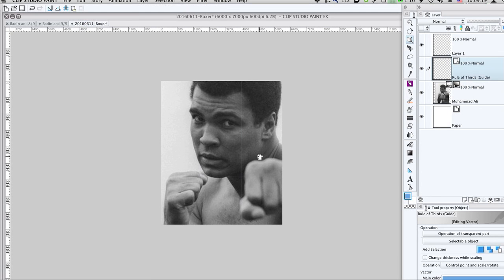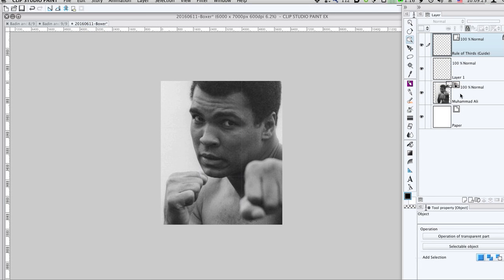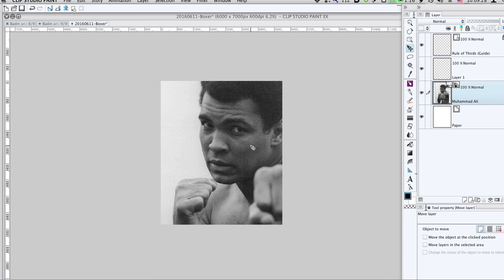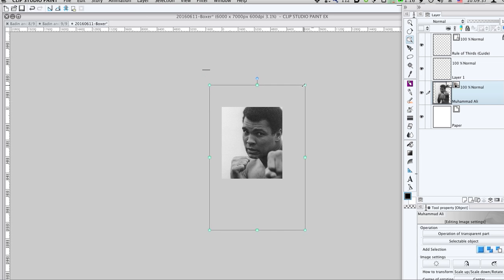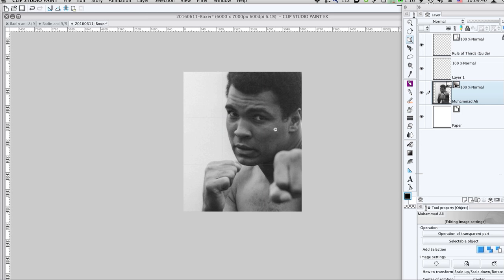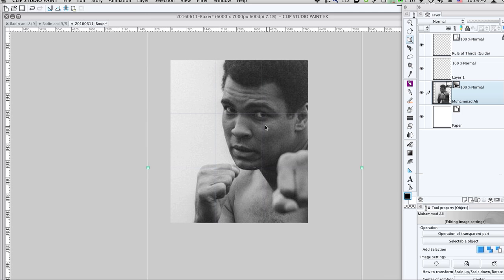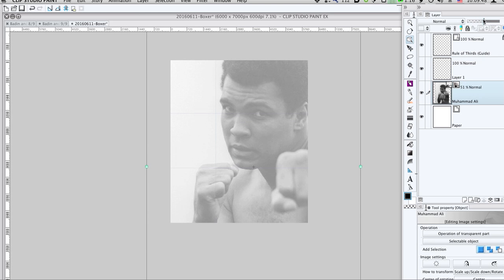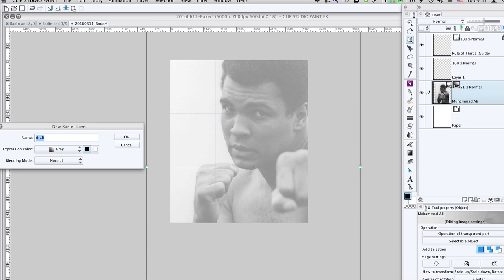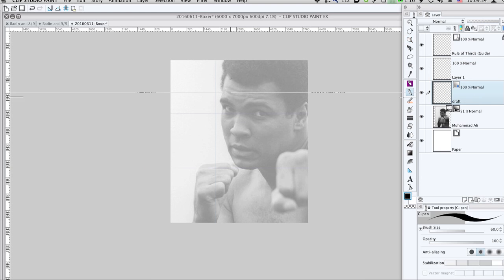So this is a screen narrated screen movie of a fan art piece I did of the late Muhammad Ali, the boxer. Because it's fan art, I just went ahead and got an original and tried to get another photo and essentially traced it, but I wanted to draw it and put it out there because he